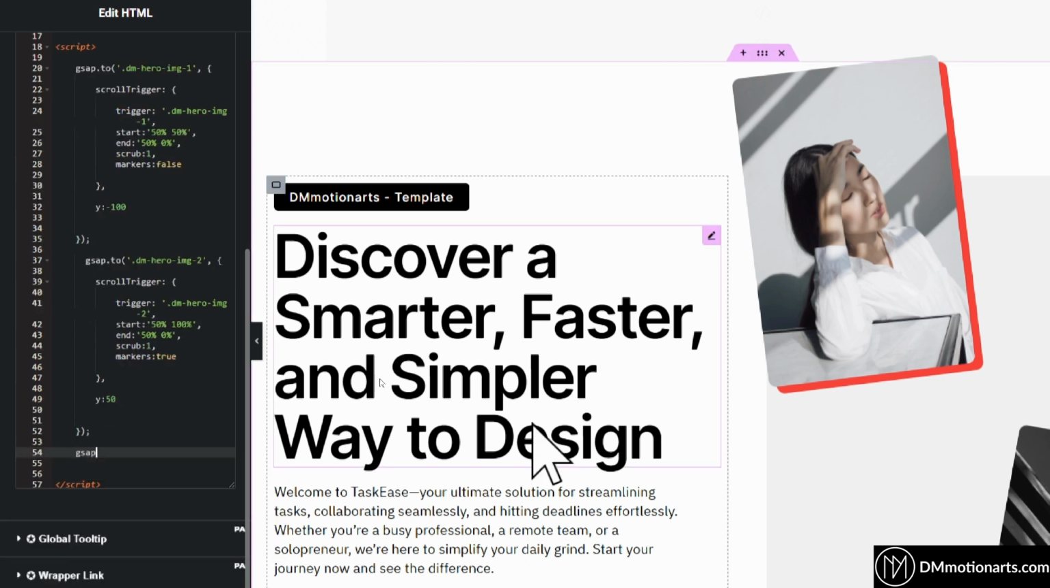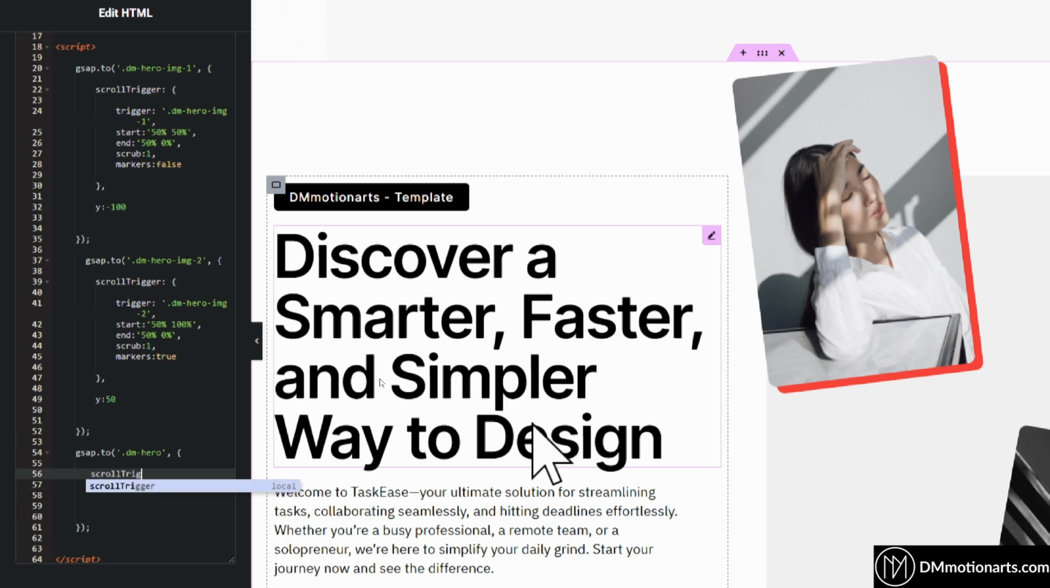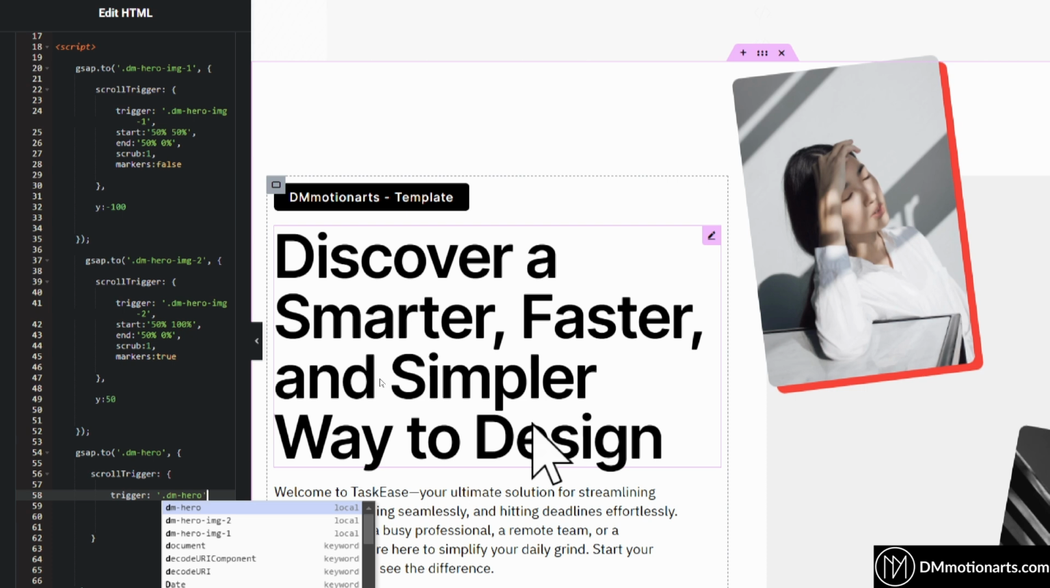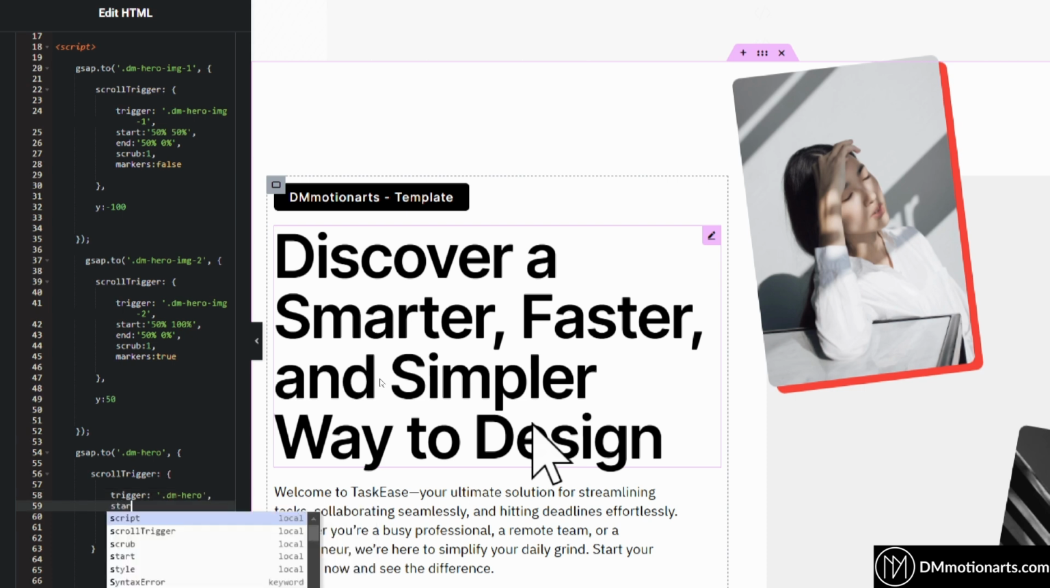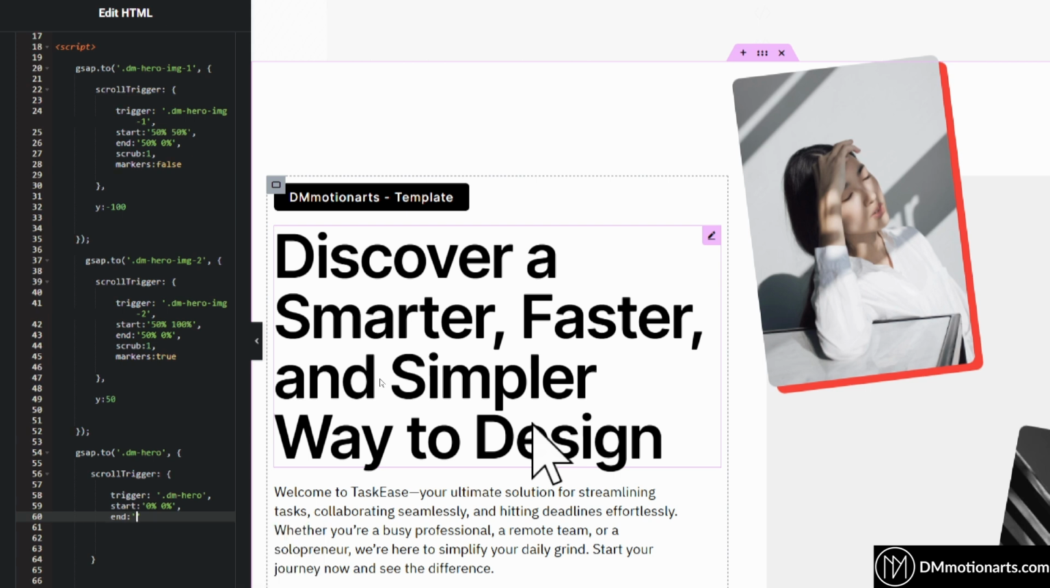and in my GSAP I'll go in here and then type gsap.to DM hero, open curly brackets, add the semicolon, and here we will just type a scrollTrigger, open curly braces. In here we type a trigger, which is our DM hero like this. Then we will type our start. Our start should be 0 and this one should also be 0, and I'll do end, and here I will type plus equal to